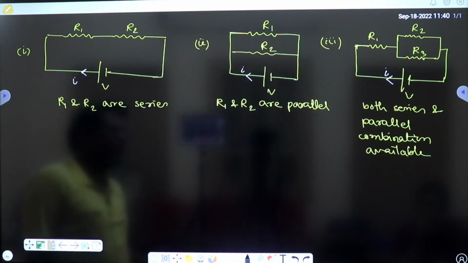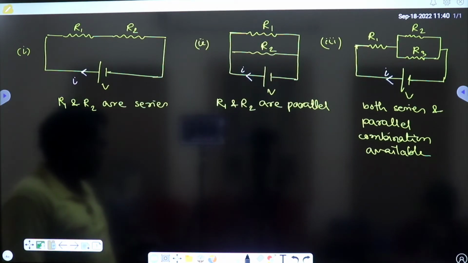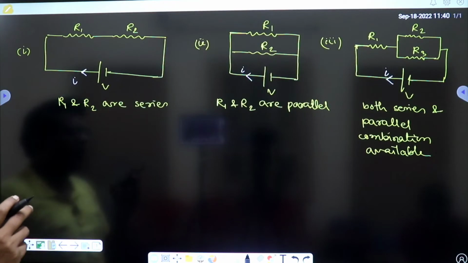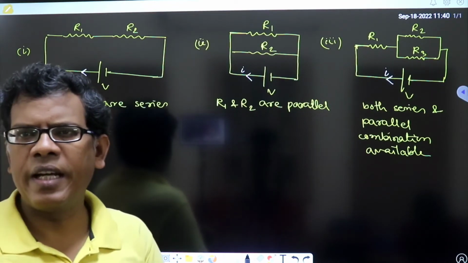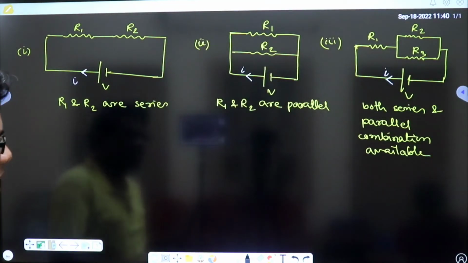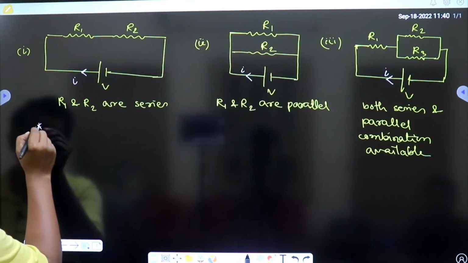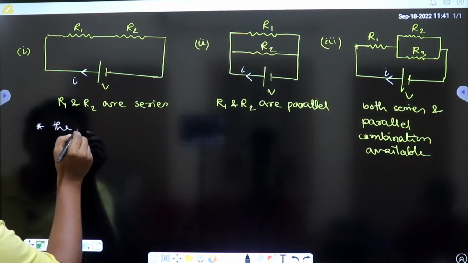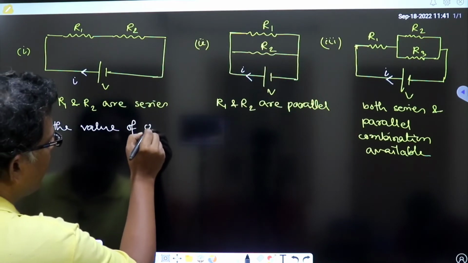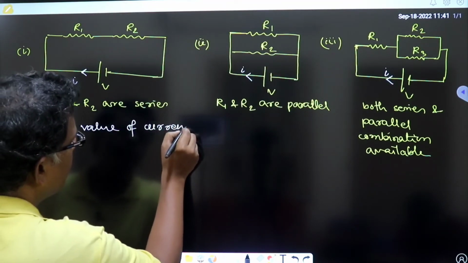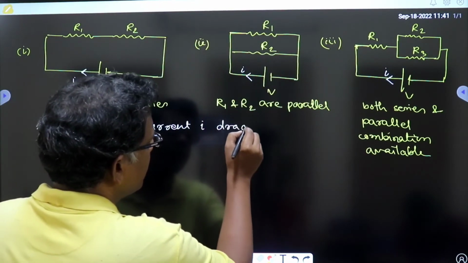So current drawing in each circuit depends on the effective resistance, the single resistance which can replace these two or more resistances taken together in one circuit. Are you getting me? Importantly, I can write down the value of current I drawn from the battery